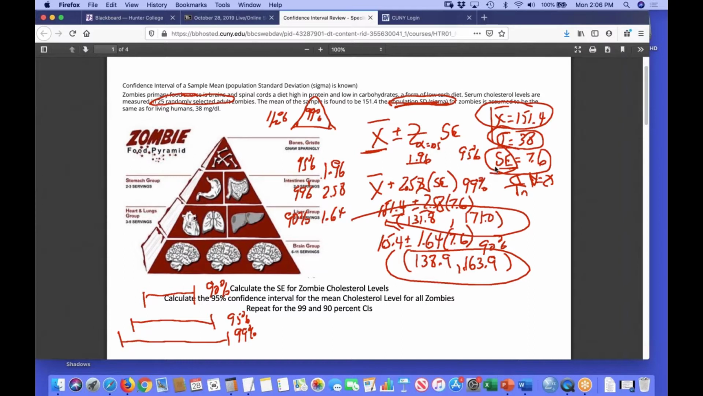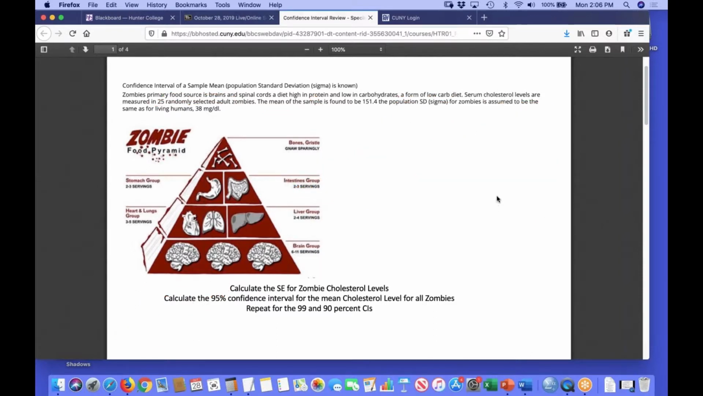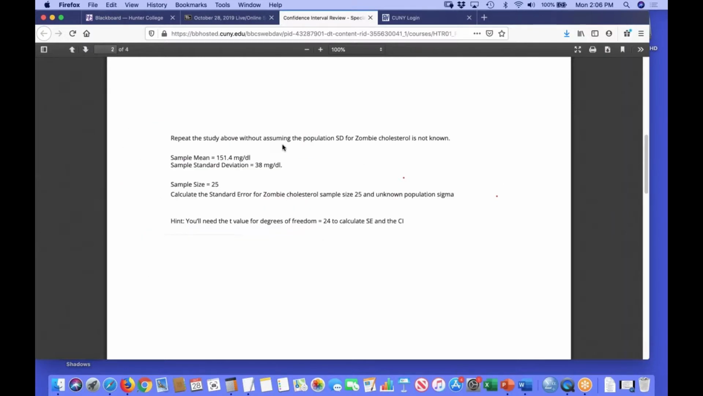Okay, so now the next problem is going to be very similar to this, except we're going to change one element, and it'll make some sense to you. Again, same population. In this case, we're going to repeat the study above, assuming the population standard deviation for zombie cholesterol is not known. So if we don't know,